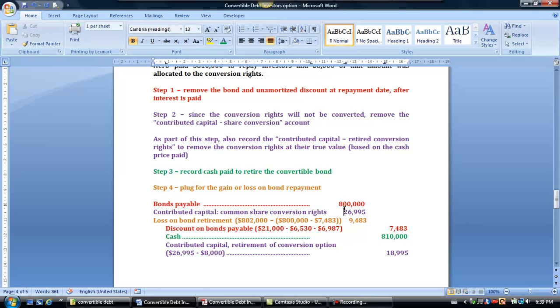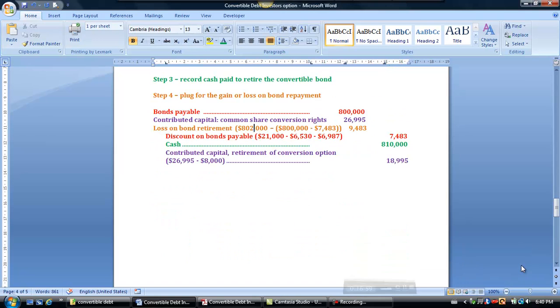In step 3, we're going to record the cash that's paid for the convertible bond. Therefore, the last step is to plug a gain or loss on the bond repayment. And here all we're saying is that we have a loss on the bond here, and we get this 802 from basically netting everything out. So we've got this amount here of 802,